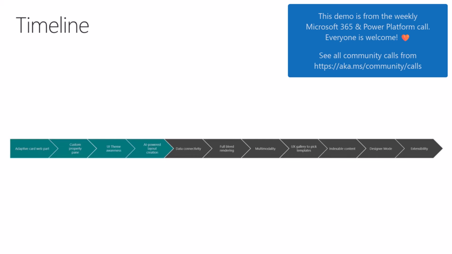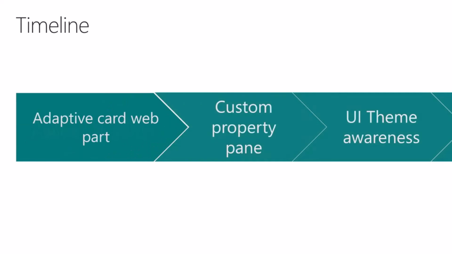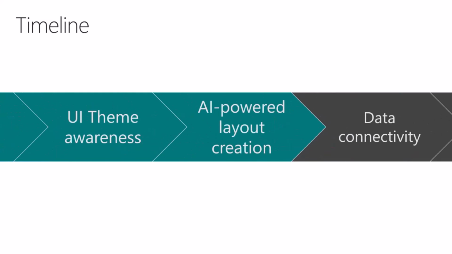Previously on our series, we showed you how to build an adaptive card web part. We showed you how to build a custom property pane. We showed you how to make it UI theme aware so that it reacts to changing colors of your site. And today we're going to show you how we can actually use AI to power the layout creation of your